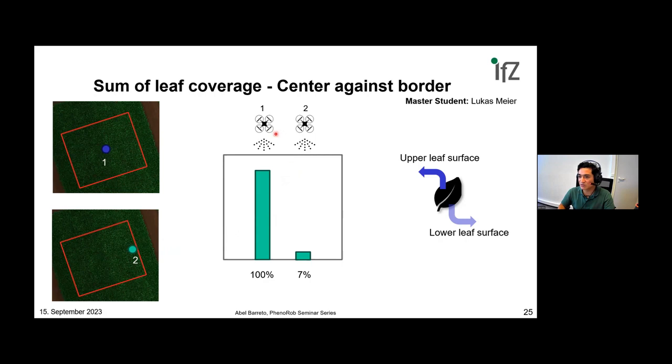We observed that the coverage of the fungicide was good in the center, but only 7% of this 100% was covered at the border, 20 centimeters from the edge of the polygon, which we realized actually too late, because the flight missions were already established in time. We didn't want to move our protocol. This is information that we actually got 1 week before,